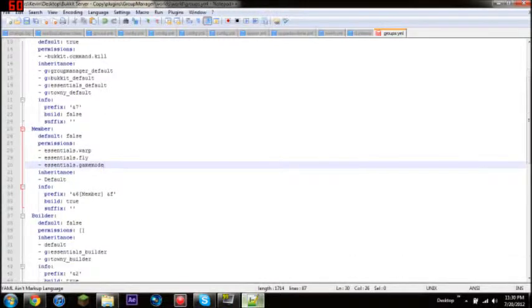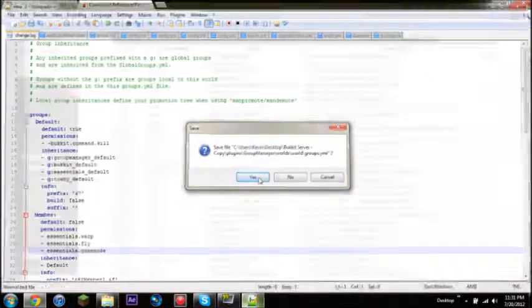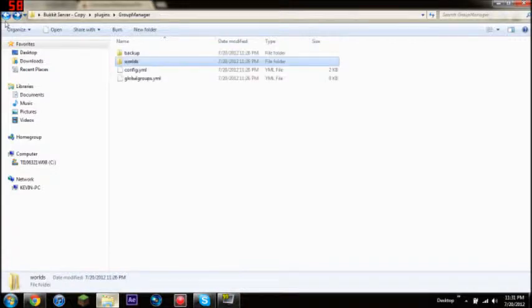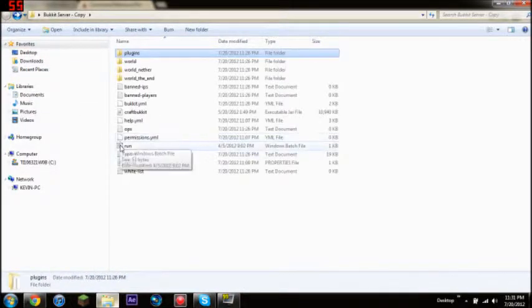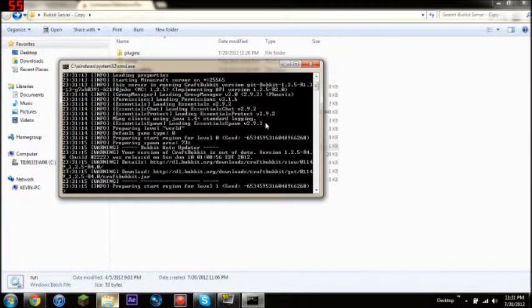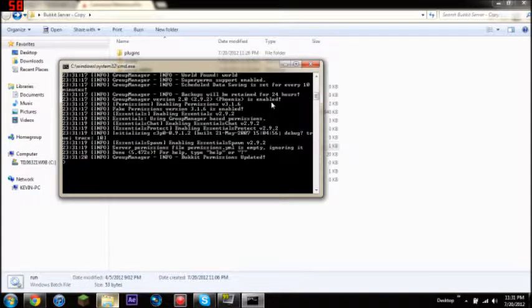And paste it. Alright. And once you're done setting up all your groups, you can go ahead and save out of that. And then you can go back and start your server up again. Just like that. And once it's done starting,